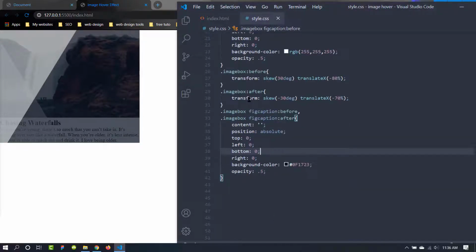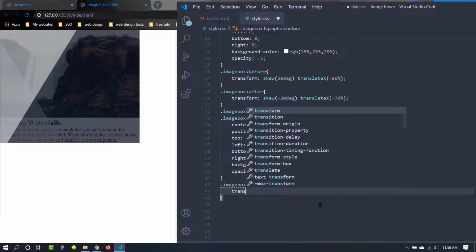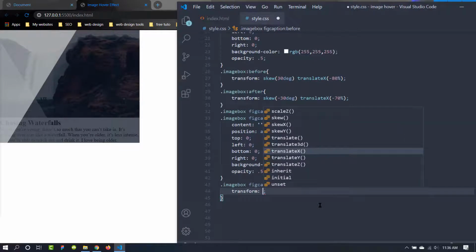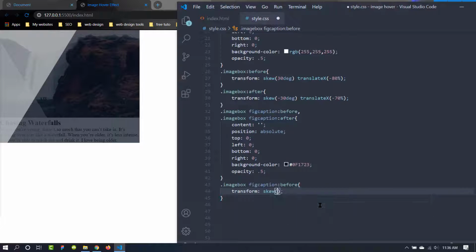Now we need to apply the skew with both of them. Let's copy this, and it will be transform, skew. Let's try 30 degree, and we also need to use the translate x. Let's try -100%. So this is it, and we need another one.